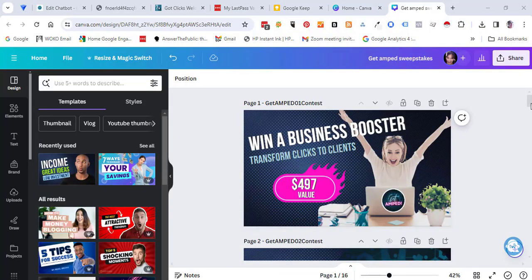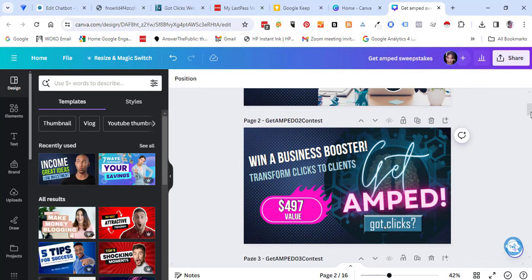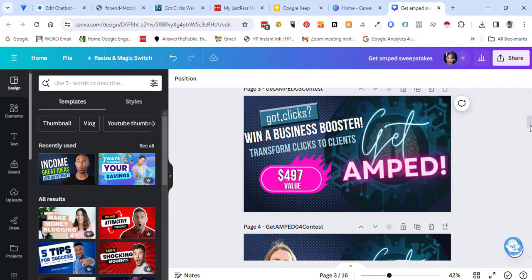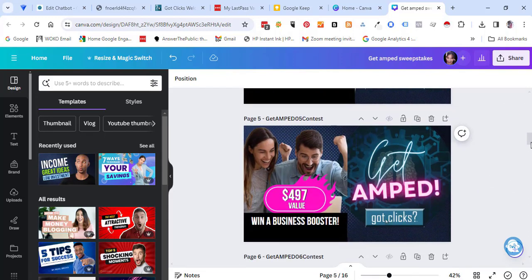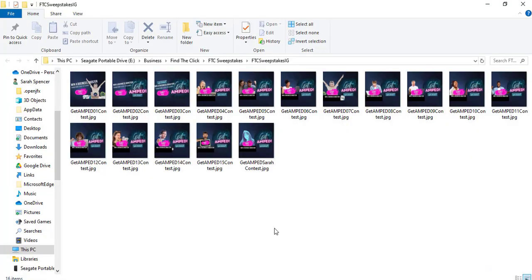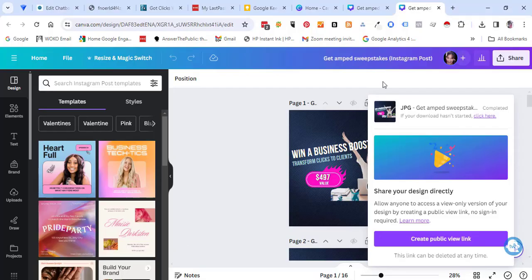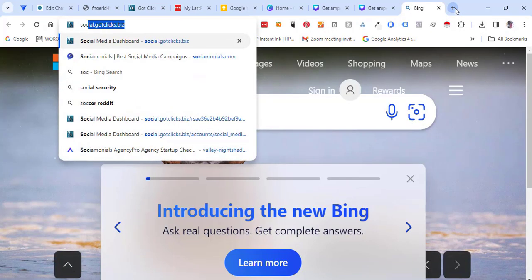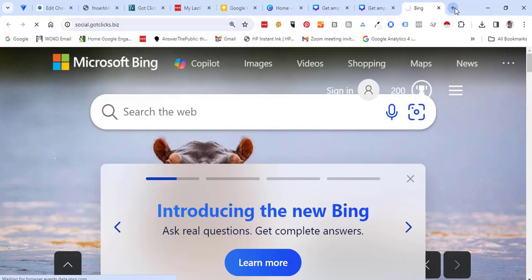If you want to create a contest, go out to Canva, make your design. I've created some of these thumbnails that I want to put out. I'm going to create some quick videos, and I've copied these and put them into Instagram size so that I can use them on my social posts for later. And now I'm going to log into my GutClick social and go ahead and start putting a contest together for